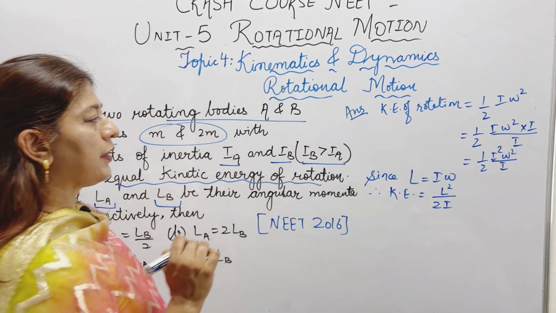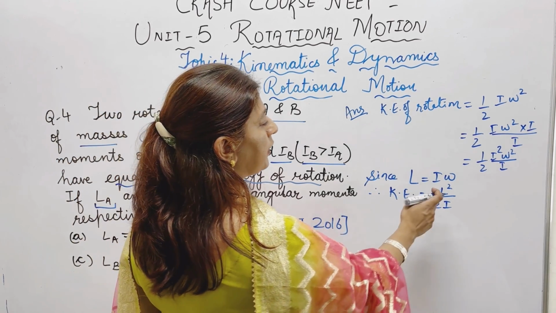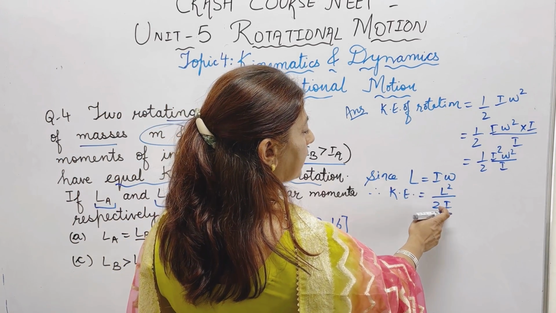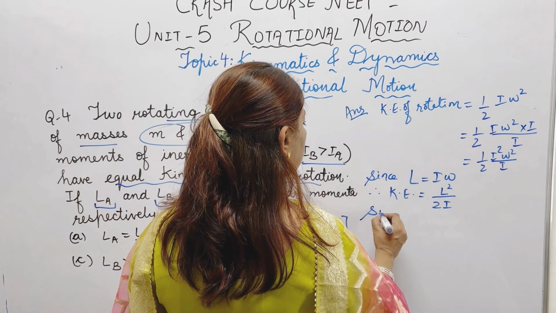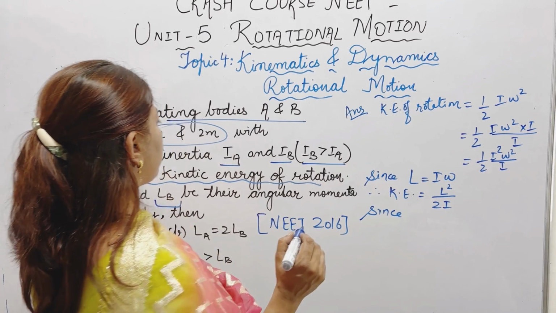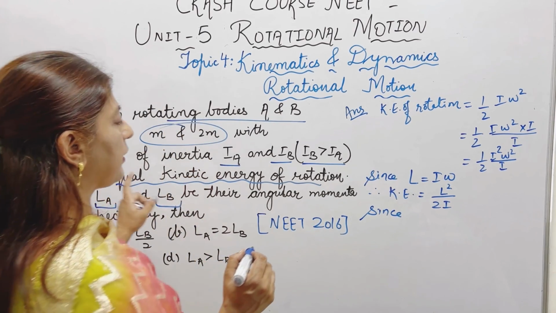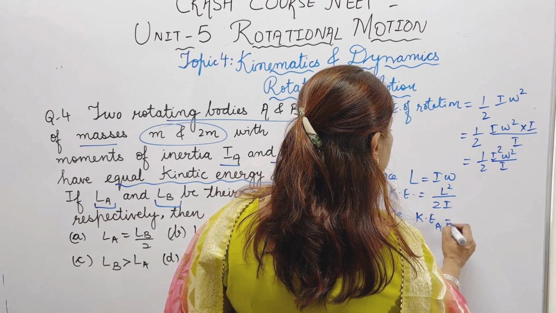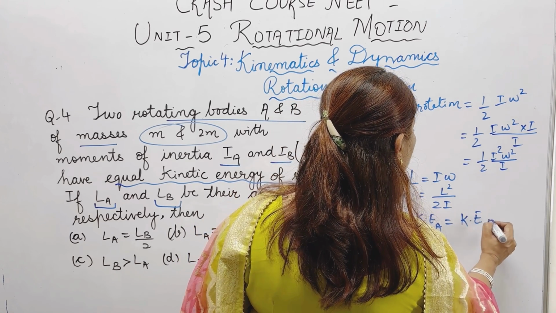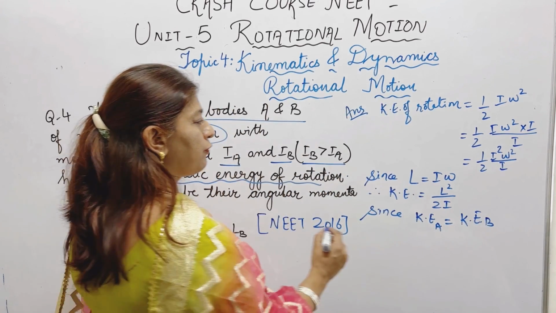So we have got the relation between the kinetic energy, angular momentum, and the moment of inertia. Since the kinetic energy of body A and B are given, they are equal. Since kinetic energy of body A is equal to kinetic energy of body B, therefore we have